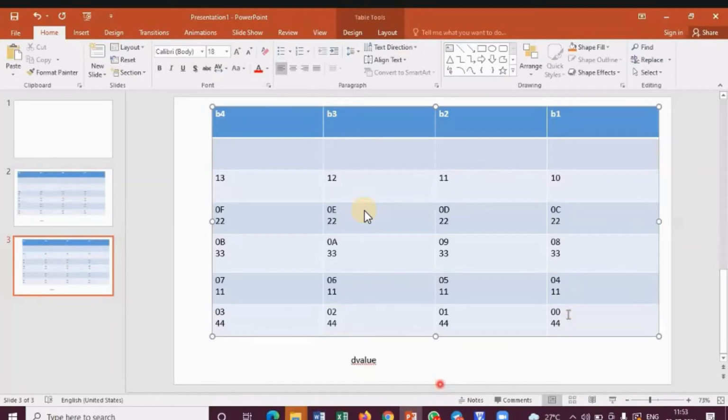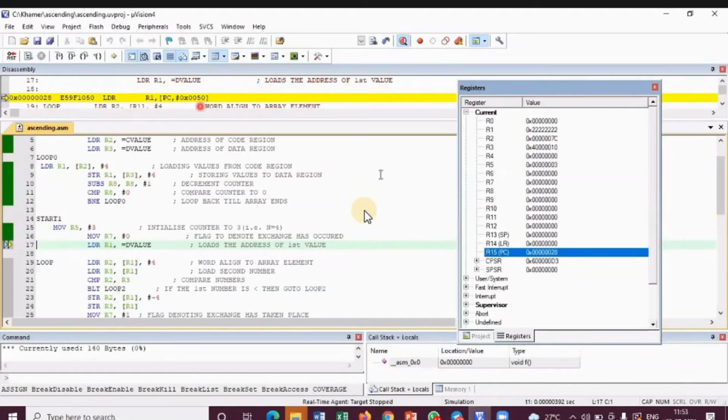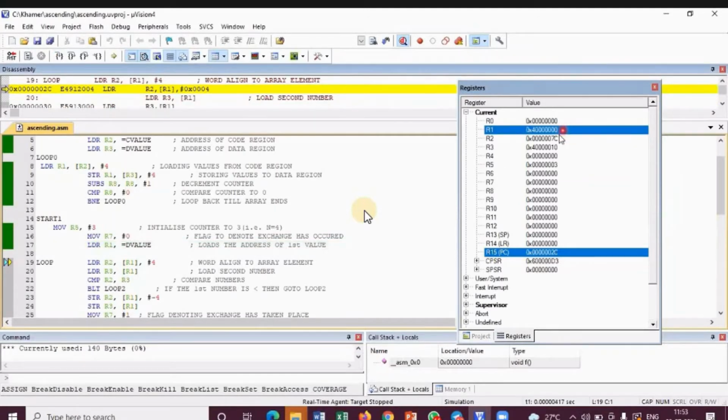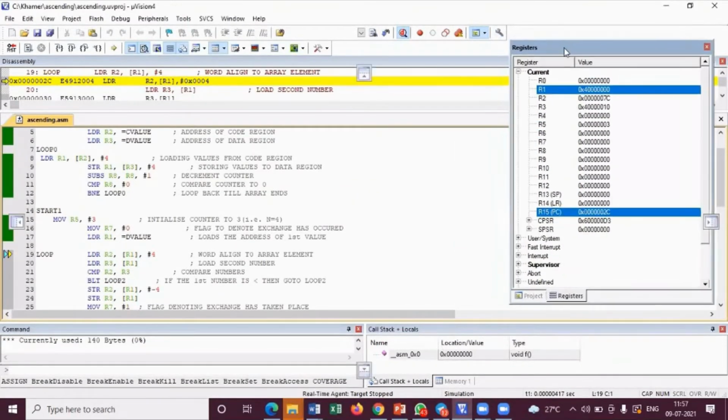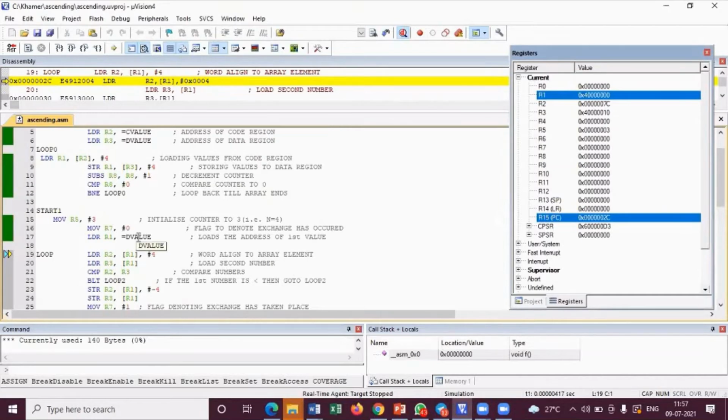So R1 becomes a pointer now. R1 becomes the pointer. Now next is what we have to perform. So yes, R1 now becomes a pointer.